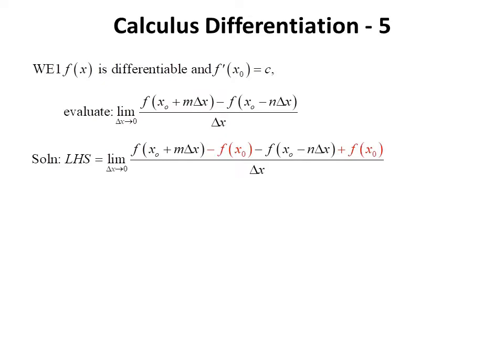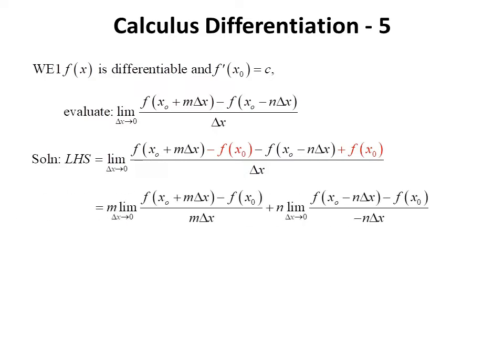To evaluate the limit, the first principle is applied here to find the value of the limit as delta x approaches 0. On the numerator, the term f of x naught is subtracted and added as shown in red. According to the limit properties, the limit is written to m times the limit of f of x naught plus m delta x minus f of x naught all over m delta x as delta x approaches 0 plus n times the limit of f of x naught minus n delta x minus f of x naught all over negative n delta x as delta x approaches 0,